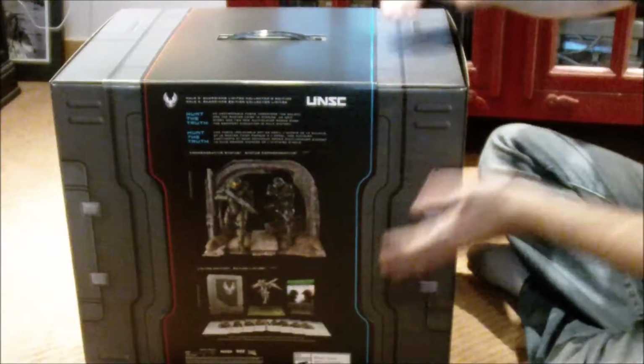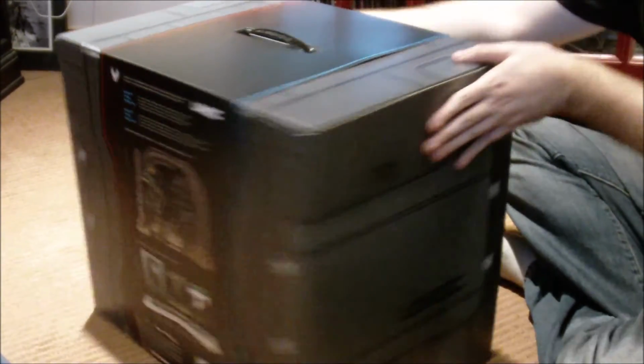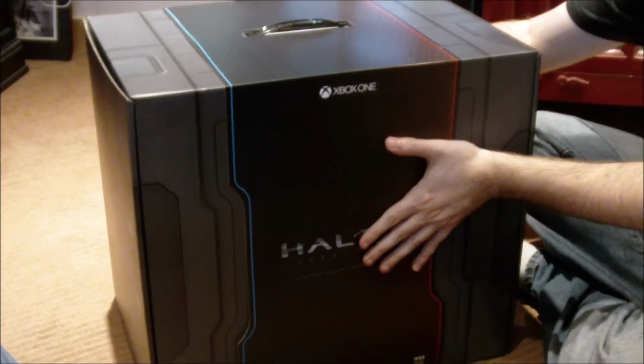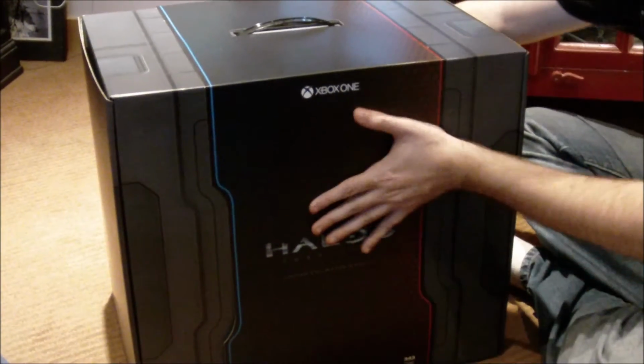It's a big box. It's marked UNSC. It's definitely looking like this is supposed to be in universe. That's great. I love when they do stuff like this. Princess Angel has started filming on my behalf, because I know that a lot of you guys have complained about me doing these unboxings one-handed, and I'm against using tripods. So, let's see if I can...